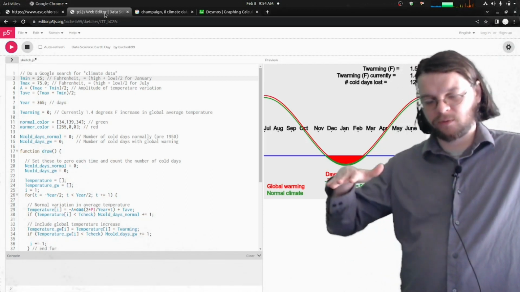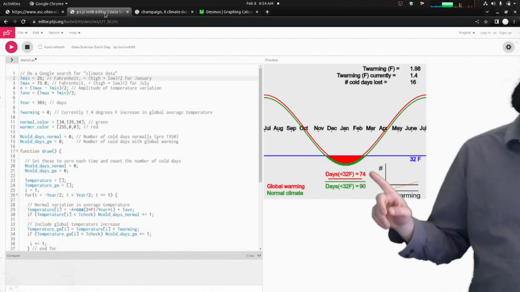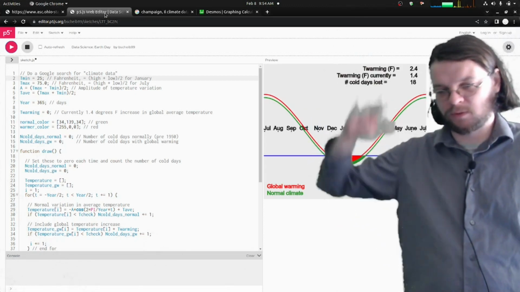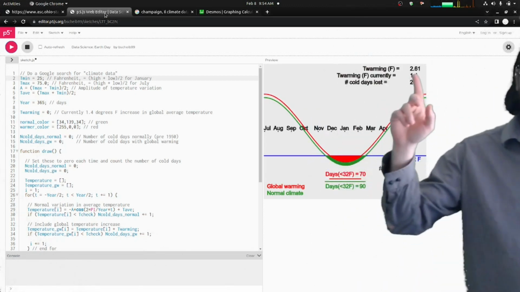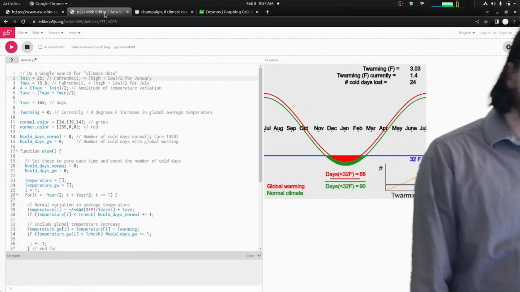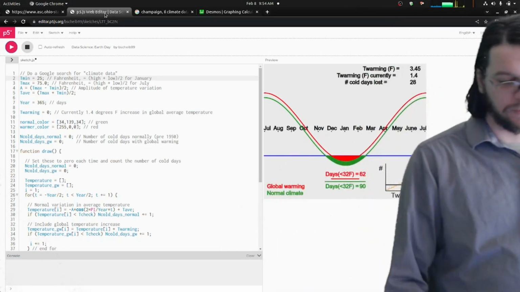But if you include a shift, at some point it's 76, at some point it's 74, and eventually it's going to be 0. So eventually, as global warming continues to grow, there just wouldn't be any frosty days.